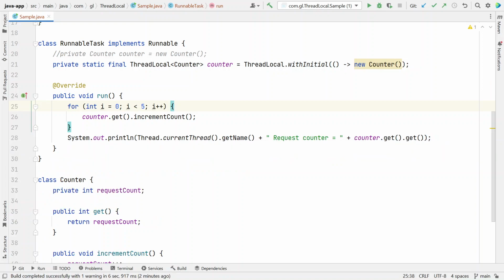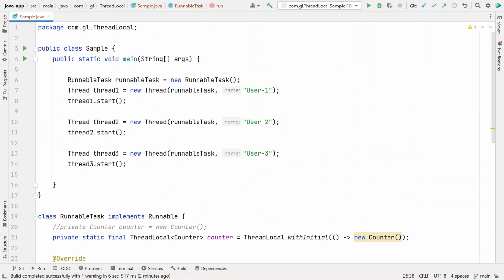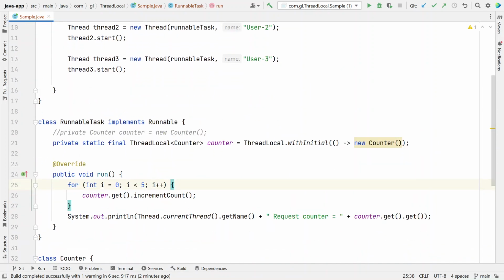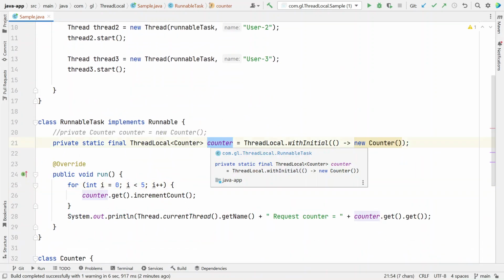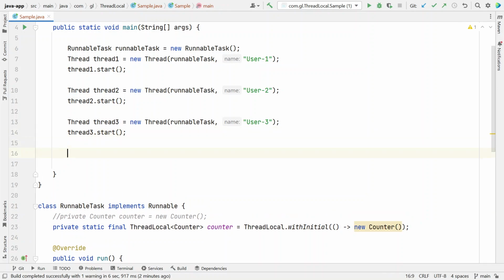So in this way you can say for each thread you have its own copy of this global variable. This is the counter. In this way this is the problem. But sometimes if you are using this thread local concept with a thread pool,